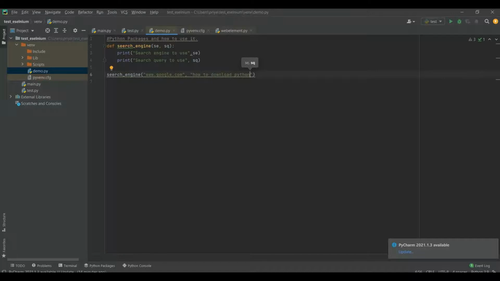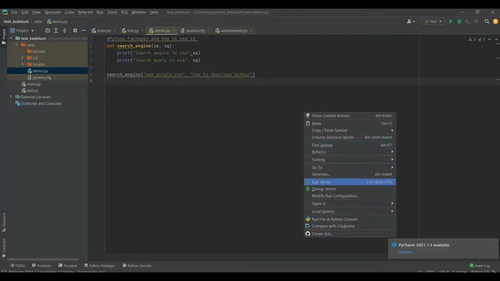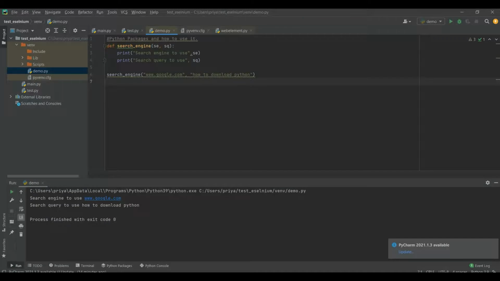Let's try to run it. You can see here it has processed the function, so the function is running fine. So this is how we declare a function and how we reuse a function. Now I will show you the reuse. Let's say in one place I wanted to search in google.com, and at another place I want to use the same function but my query is different. So what I have to do, same here, I can define it as, let's say, ask.com.